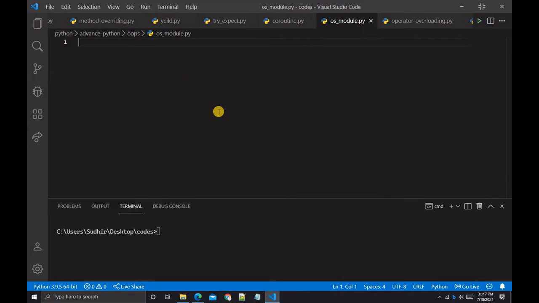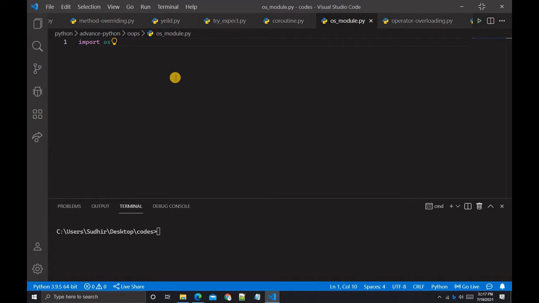Guys, the OS module provides our code with a direct connection to the operating system. We can use its different functions to interact with and perform activities on our operating system. For example, if we want to create software that needs to store or access files from a directory or a folder, we can use the OS module to perform the task for us. To use the OS module, we first have to import it. So simply type import os and press Ctrl+S to save. This is the syntax for importing the OS module in Python.